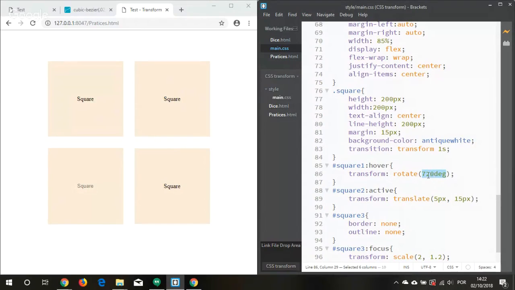If we use more than 360 degrees, it will rotate more than one time. And we trigger it with the hover. That's a very common way to trigger it. The other square,